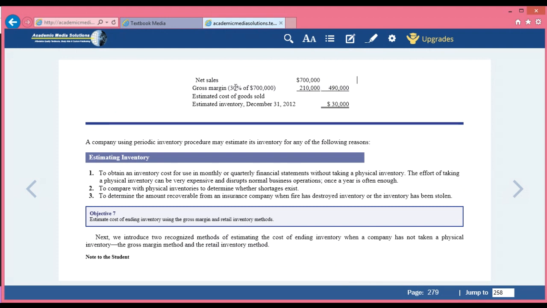You know that you mark your merchandise up 30%. So of the $700, 30% would be your markup. That would be your gross margin, $210. So you would have $490,000 in net sales, and you would have to then estimate your ending inventory would be